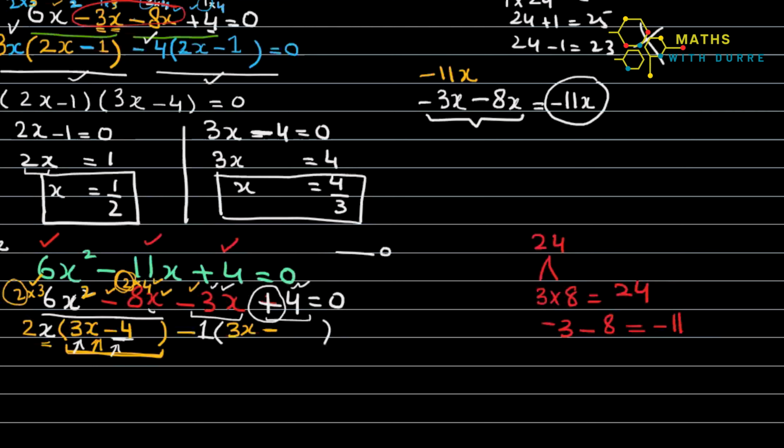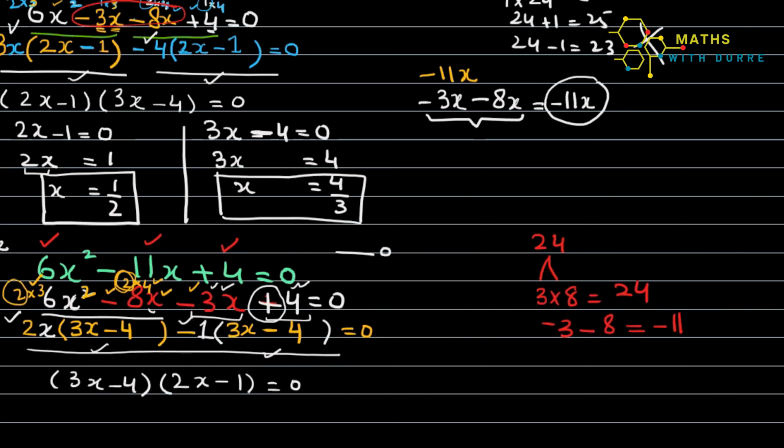So then I will multiply. As I have taken a minus sign common, this plus sign will be converted into a minus sign, and that will be minus 4 equals to 0. So now again, we need to observe one thing: I have to take a common again. What? Can you observe? This bracket is common in both terms. Yes. So I will write this bracket one time and the rest I will close into another bracket. 2x and this minus 1. I will write here this minus 1.